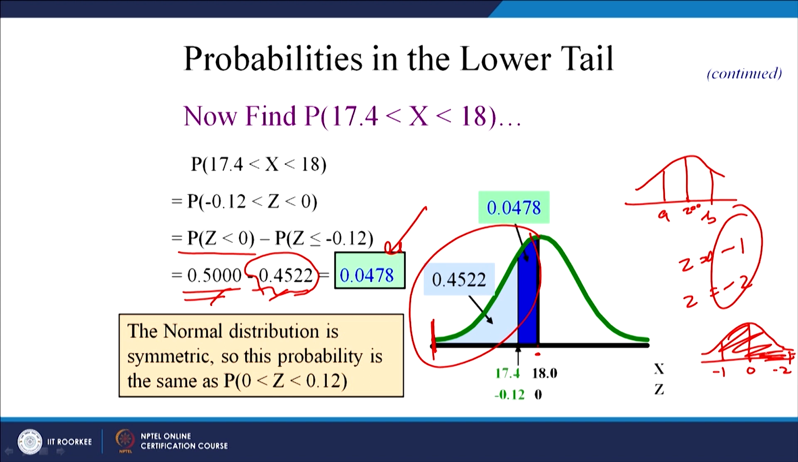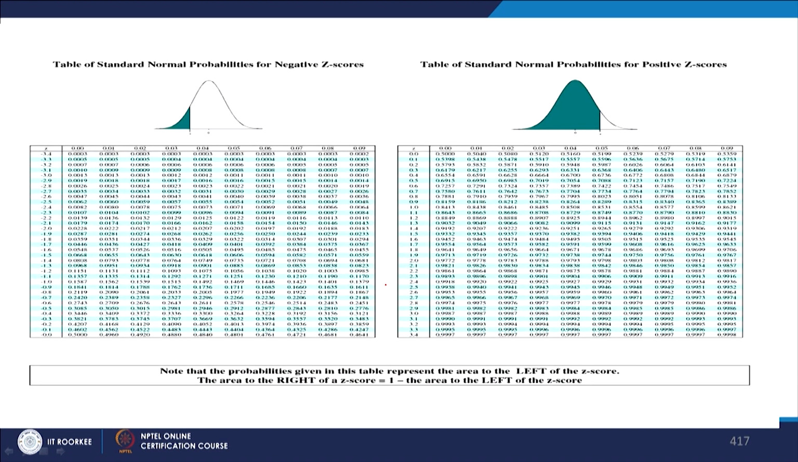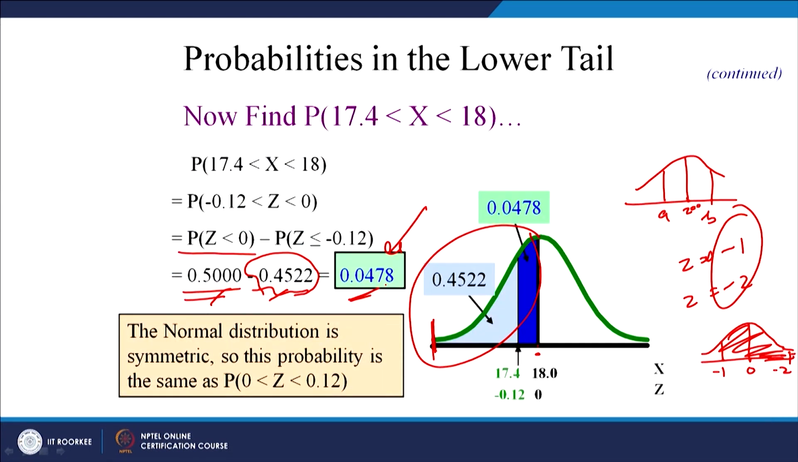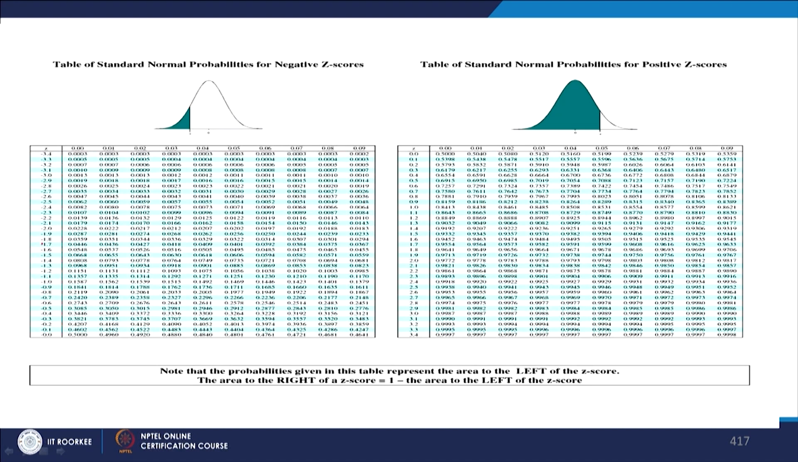Now, so the answer to this question would be what? It is 0.0478, and this answer you can see over here as well in the table, where z is equal to, what was the z value? Minus 0.12. So, minus 0.12,